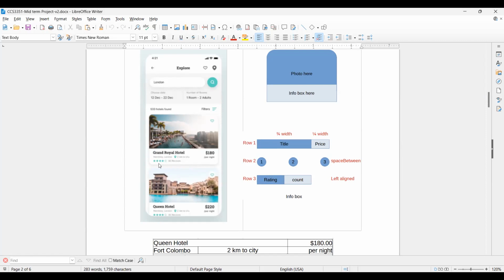So this looks very complicated, but it doesn't look so when you start drawing the hierarchy or the tree map of the elements. So start off with the stars, rather the bottom of the row, right? Start with the star, then put the counter, and then connect those two to the next row, and then to the next row, and then to the info box, and then to the card. So once you create one card, you can reuse it everywhere. Now, the objective is to create a reusable card,